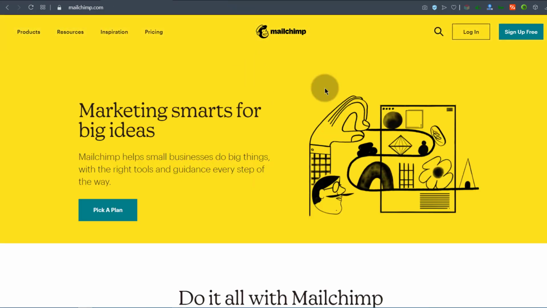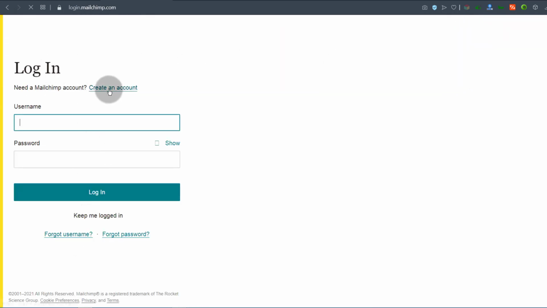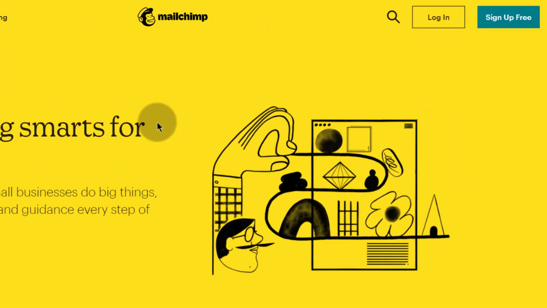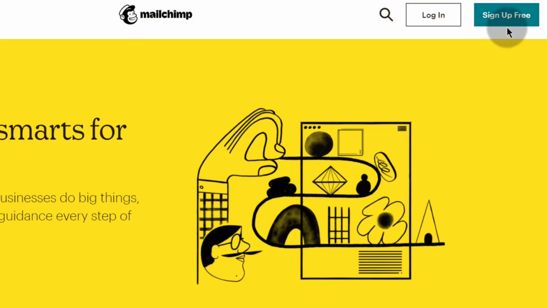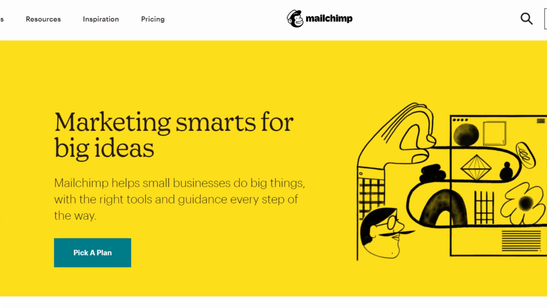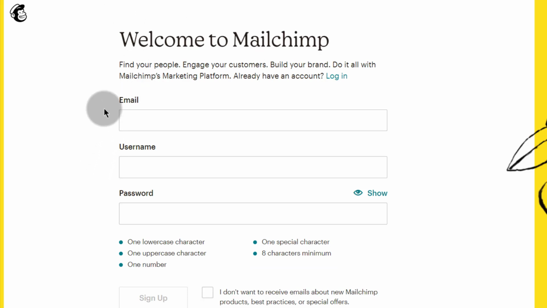So let's just create an account, and I'm going to come here, not login. I need to create an account. So I can create an account from there, or you can just click here to create an account. So I'm back here on the home page, and I can just click there to sign up for free. Welcome to Mailchimp. Put in your email address, username, and a strong password. Ensure that your password has all this so that it can be marked as a secure password. And once you're done with that, you click on sign up,